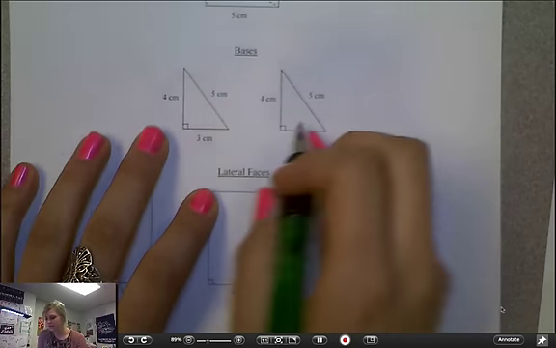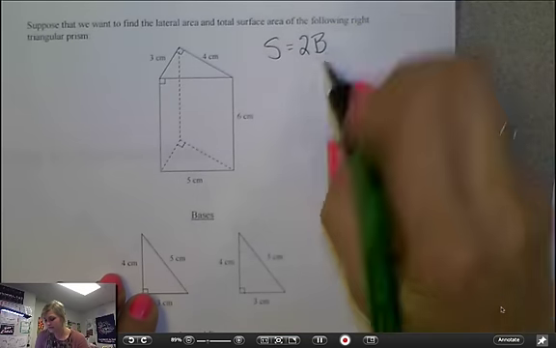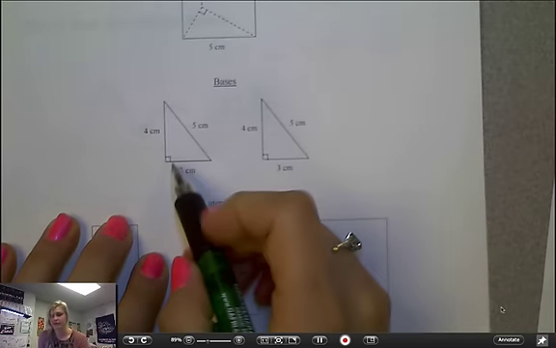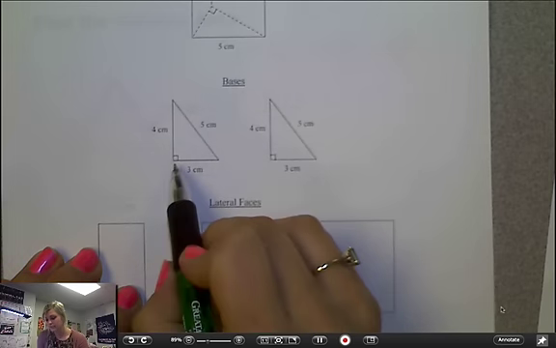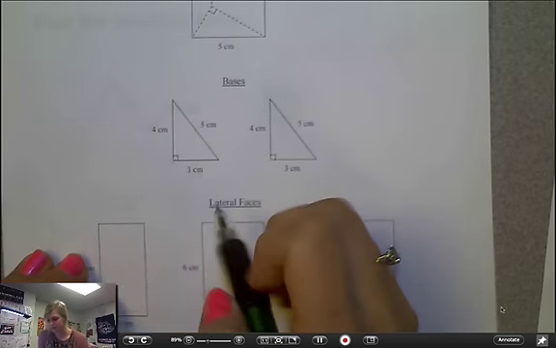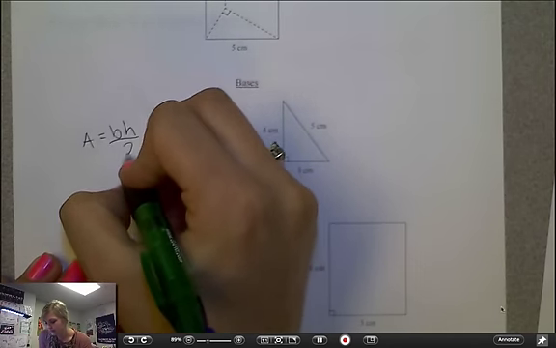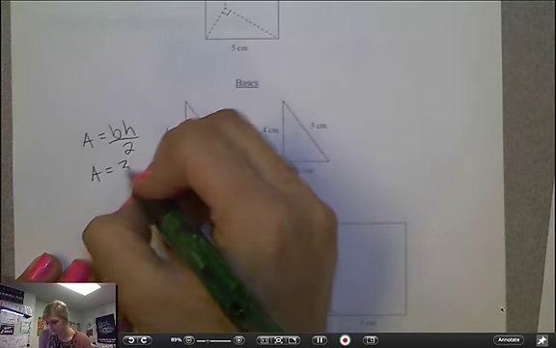So I have 2 of these that are exactly the same. So I have 2 area of the bases. And so let's actually find the area of this. To find the area of a triangle, it's just base times height divided by 2. So the area of this is base times height divided by 2. So I get the base is 3, the height is 4,